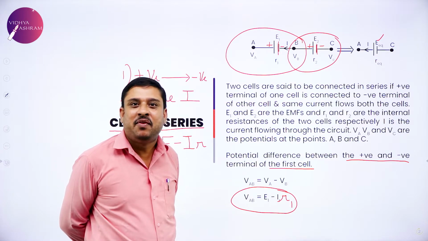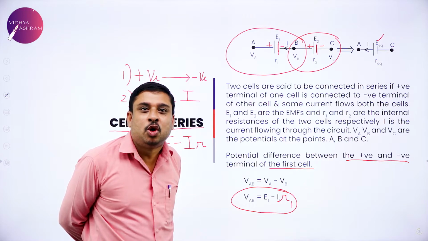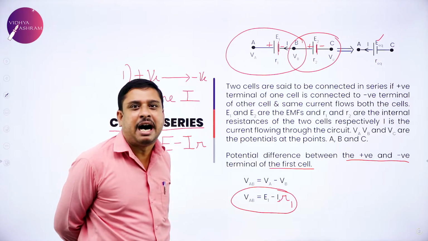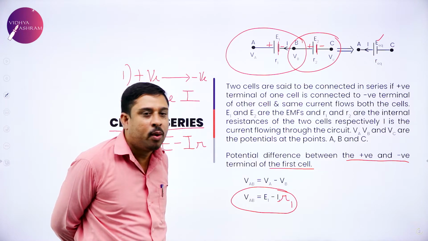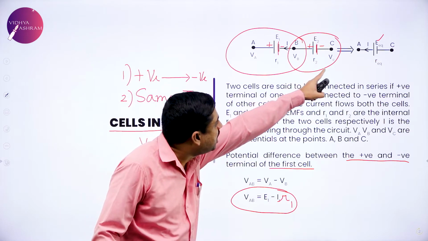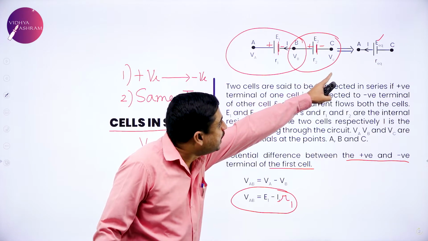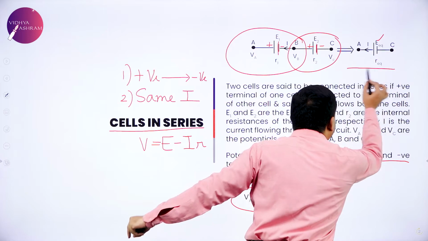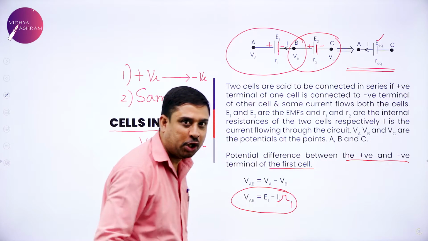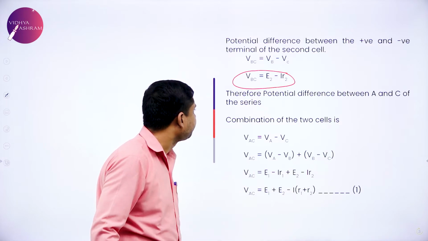This equivalent cell should draw the same current under the same potential. Now, finding the potential difference between the points A and C, for this equivalent circuit we have